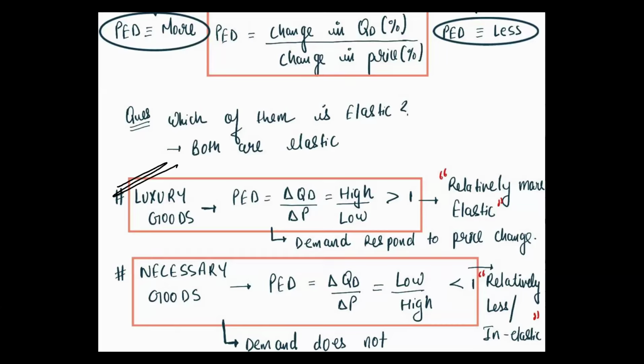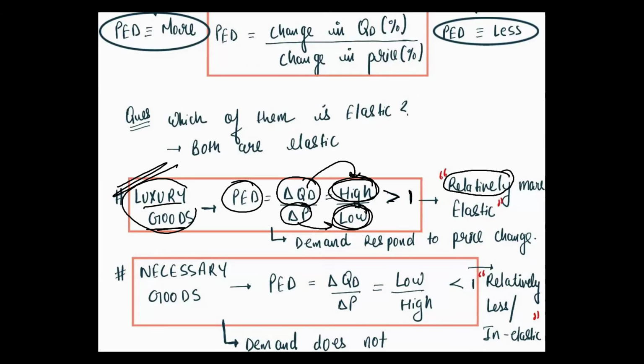If you take the formula of price elasticity of demand, that is change in quantity demanded with change in price, in luxury goods, for example iPhone, the change in quantity demanded is very high, a very high volume like 10 lakh, but the change in price is very low. The price goes from 70,000 to 56,000. So if the numerator is high and the denominator is low, the value of PED, price elasticity of demand, in luxury goods will always be greater than 1. Is it clear? And why have I used the word relatively? Relatively means you can't say that this is elastic, this is not.